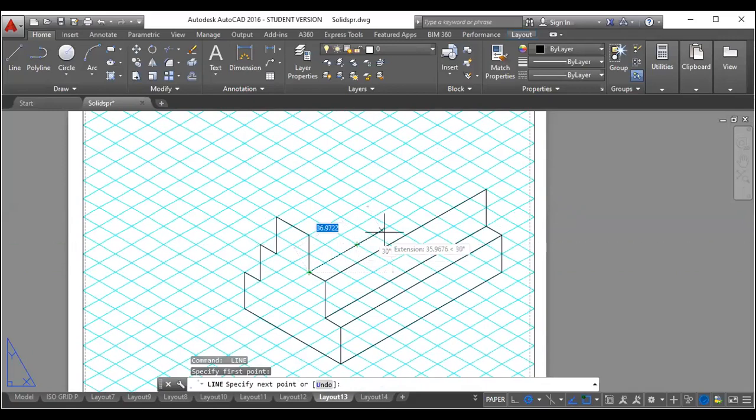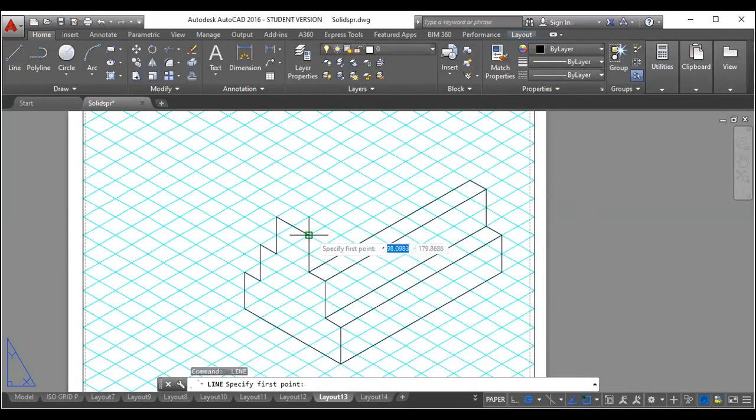Now from this corner also go 100. So 30, 60, 90, and this will be 100. Okay, this is not 100. Counting mistake. From here, so this would be 100. Join it.